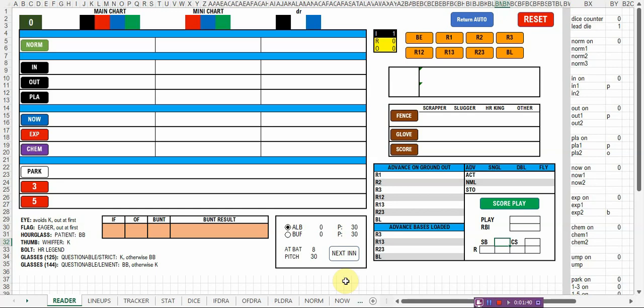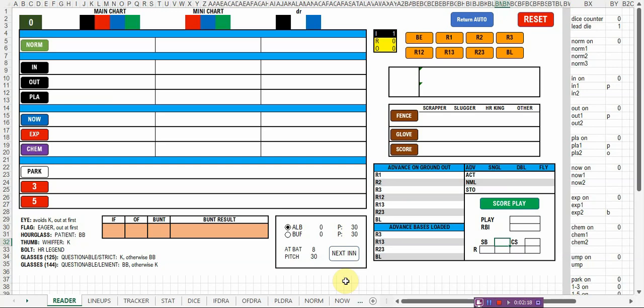So what you're looking at is the completed helper for History Maker Baseball. Now, I use helper to define things in one of two ways. A helper to me is either something that is a chart reader that rolls the dice for you and does the table lookups, and then you play the game on the board with moving the cards and flipping the cards and recording things, or a helper that actually plays the game. This helper is a board reader. It has all the results in it, and so by clicking on these different buttons, I can get the results that I want